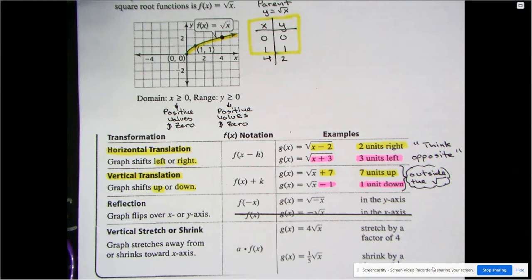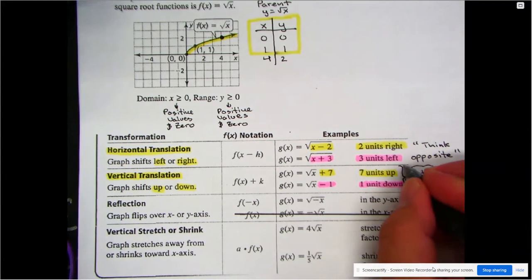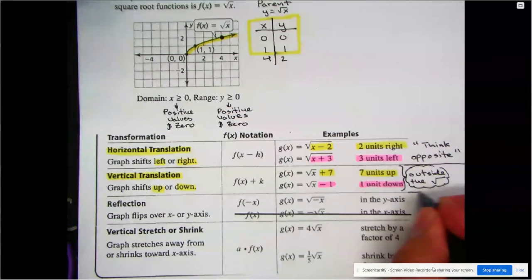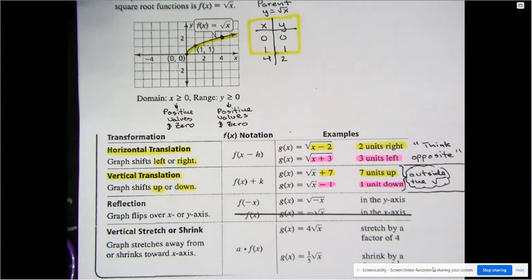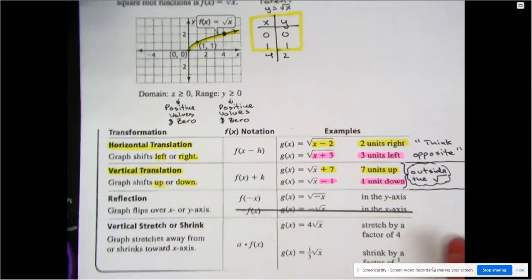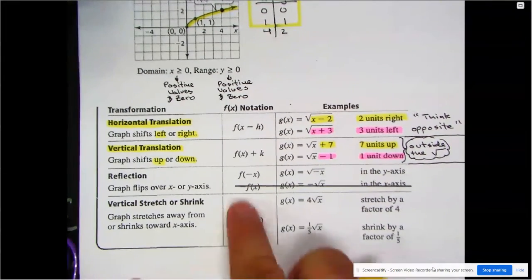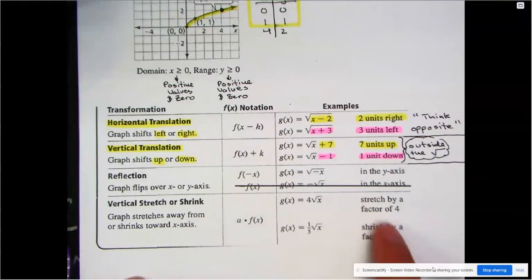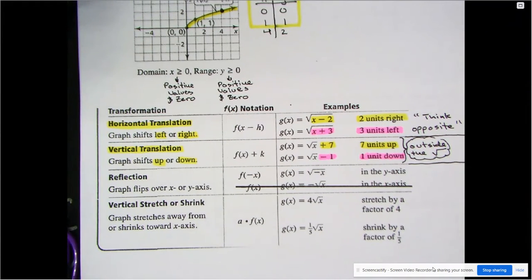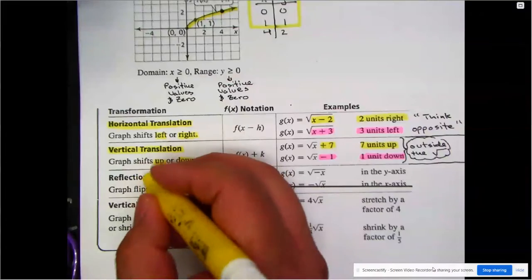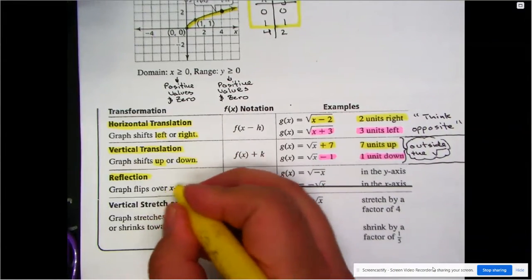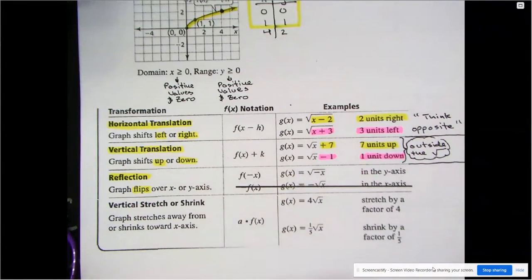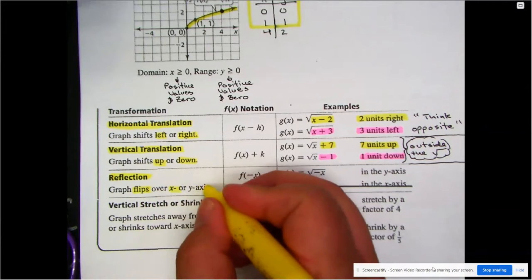Okay. Maybe I should just stretch out these lines here to kind of separate the rule. There you go. Now, this third one, yes, a reflection, and we've done reflections before, except for one. One of them we hadn't seen, and I'm not sure why there's a strike through on this because we will be doing that. So, just could be a typo, something that happened that came up. But a reflection, we can flip, right? That's what a reflection has been on the x-axis, but this time